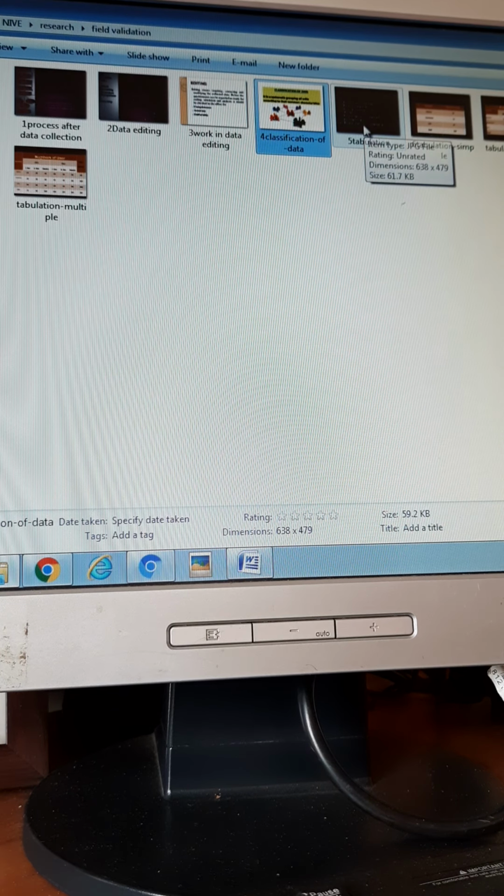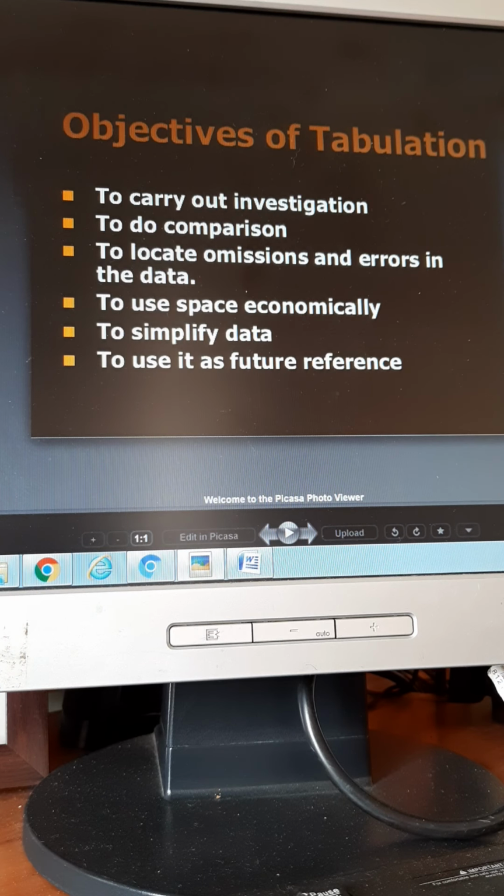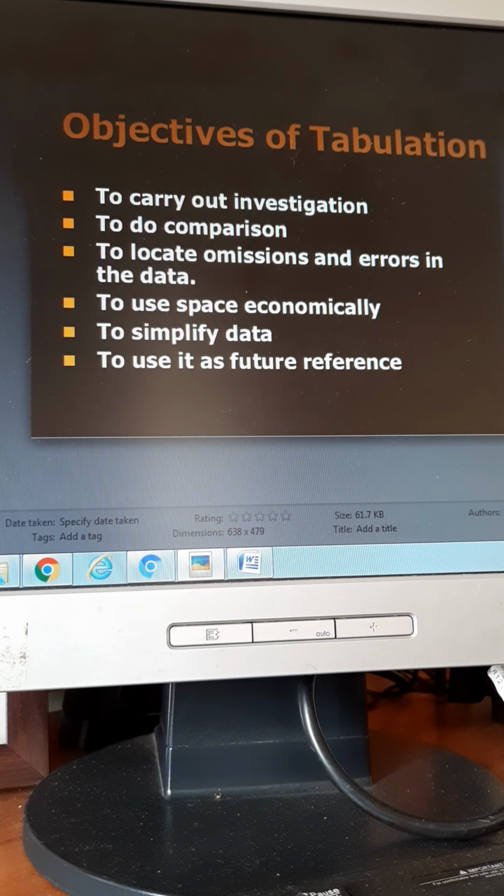Then what happens? Tabulation. So why do you have to tabulate the data? Because when it is just numbers, you will not know what the meaning is. Only when you tabulate it, from a bird's eye view, the moment you see a pie chart, the moment you see a bar diagram, you will understand it. Even children will understand it. That is the importance of tabulation. So if you just draw it in a table form, it is easy to compare. And then you don't have to, it is very tedious.